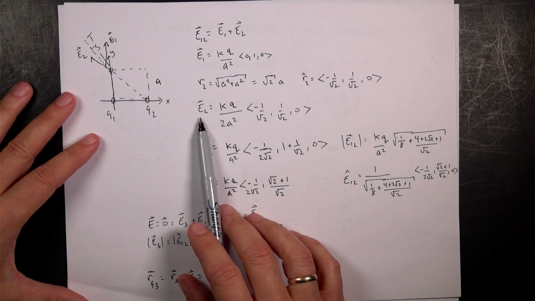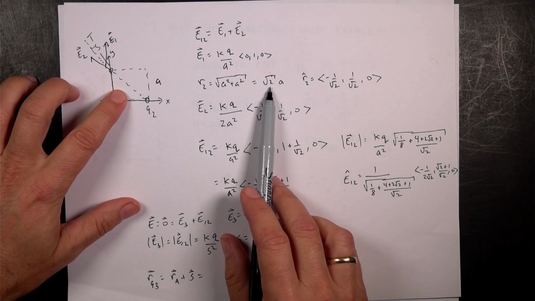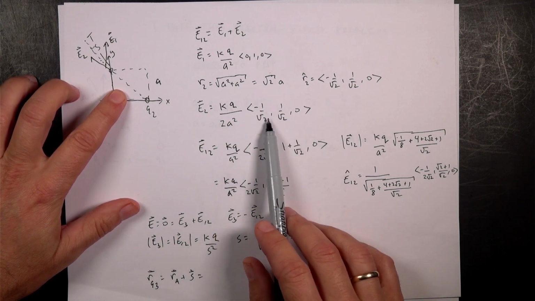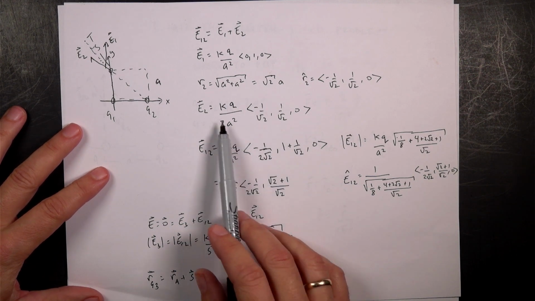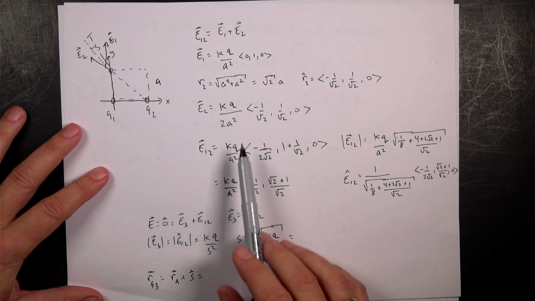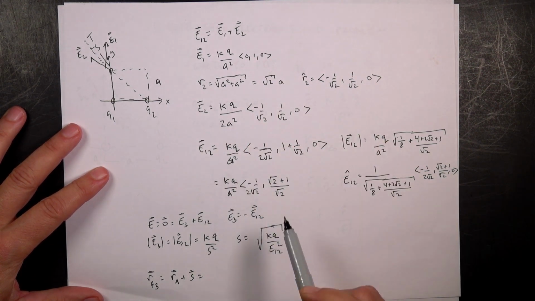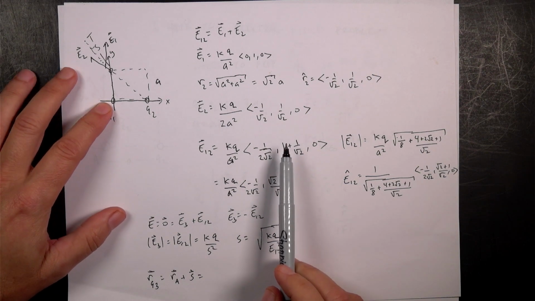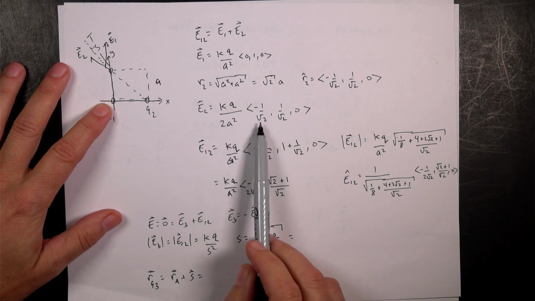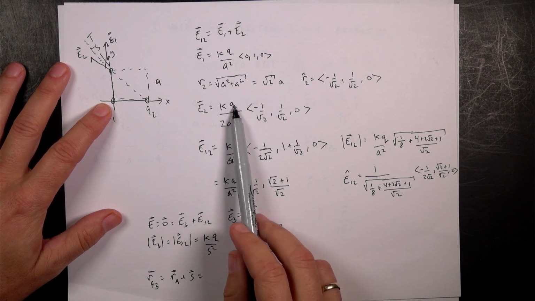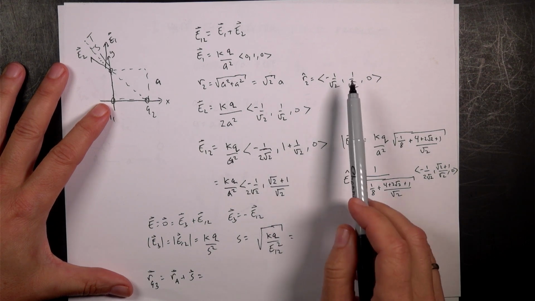So now I just put it in over here. E2 is kq over the distance squared. So I square this, I get 2a squared, and then I have my unit vector right there. Then to get the total, I just add this and that, and I get kq over, that's an a, that's not a q, it's an a squared. And then I have, in the x direction, I only have this component, right? But I had to bring the 2 in so that they both have this kq over a squared I can factor out. So I have negative 1 over 2 root 2, and then I have